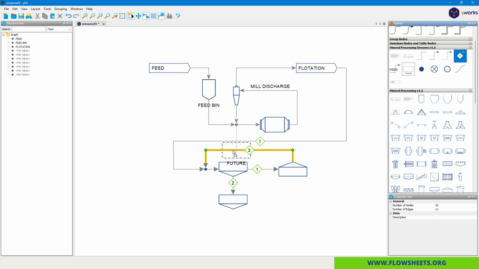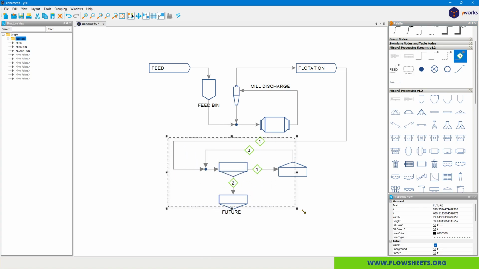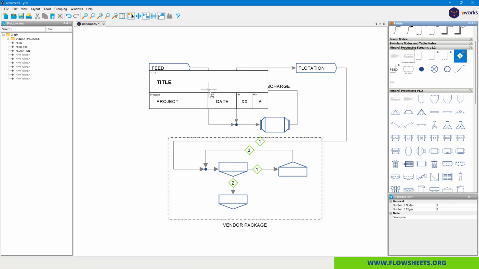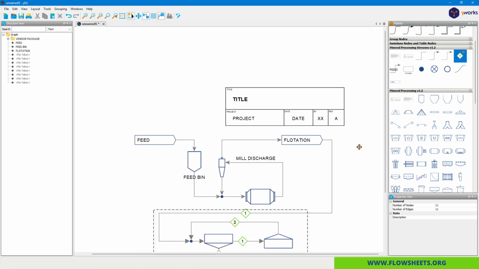What you could do here as well is, there's a couple other things we've got. There's this sort of box here that you could use to say vendor package, for example, might be a typical use for this kind of dotted box. There's also a super useful title block. So if you wanted to give a name, saying,